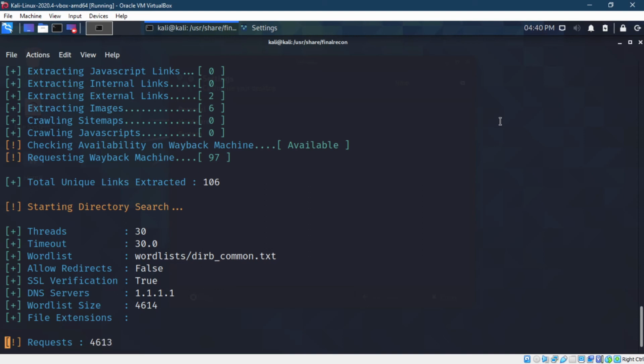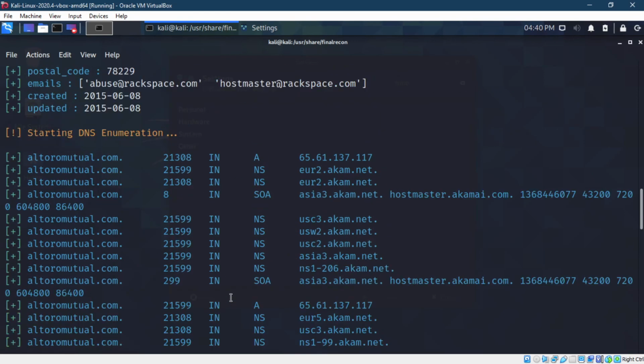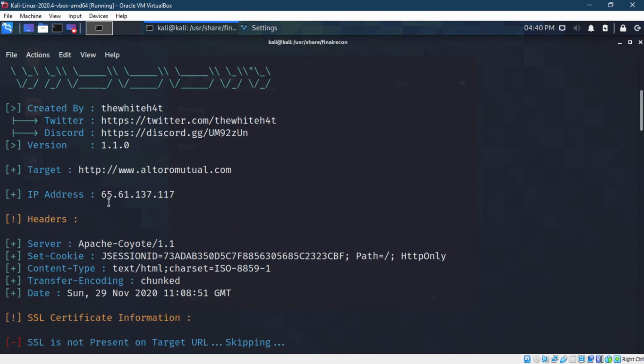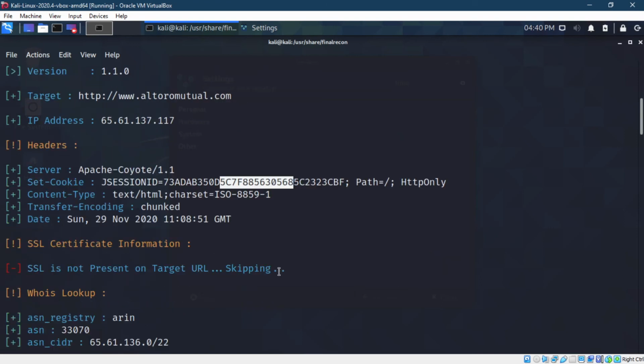After I fix my time and after I fix the proper URL, now it's working. Now let it complete. I think it's completed. Meanwhile, if you just scroll up, you can see we got a lot of information all from one single website. First of all, the IP address, then you got the HTTP headers. From there I can see the backend server version, session ID values and all.